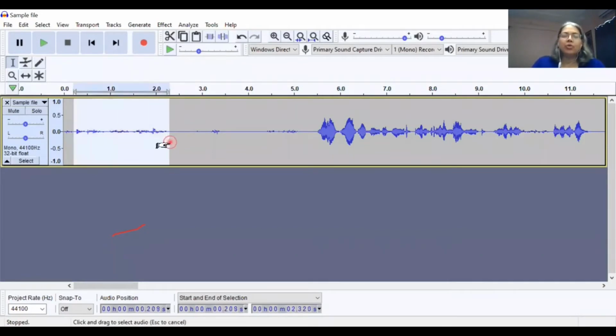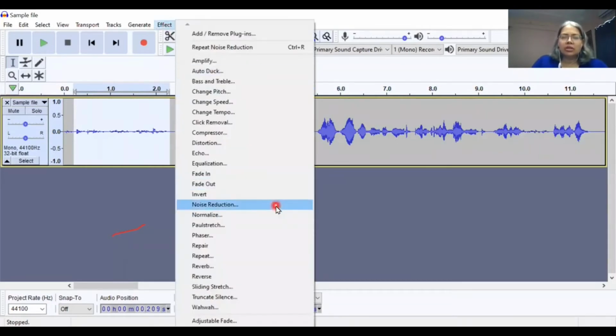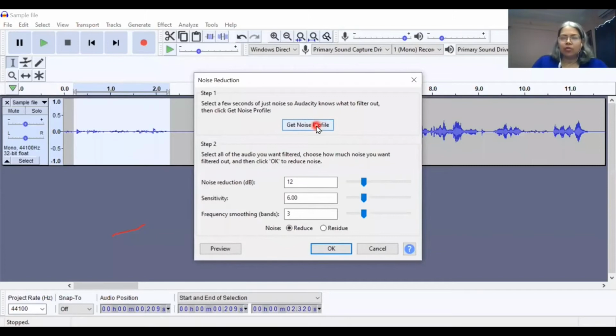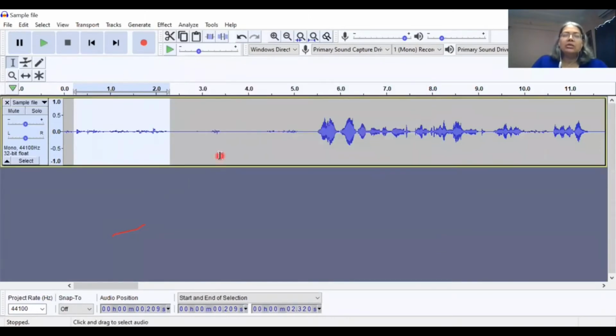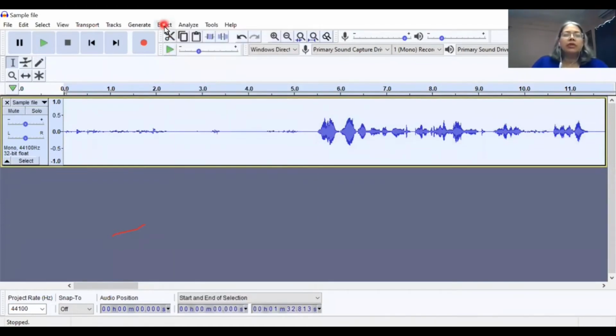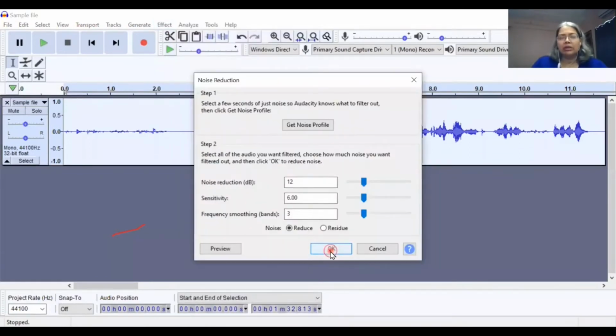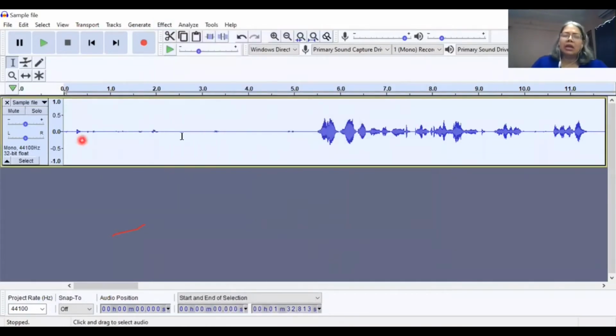There is some sound there, so we can reduce it by going through the same motion. Effect, noise reduction, get noise profile, then select the whole track with double clicking, effect, noise reduction, and now OK. So you see it will reduce further. So this is negligible noise, absolutely.